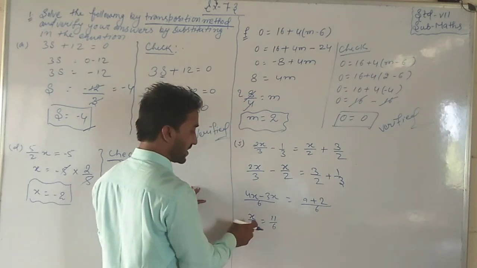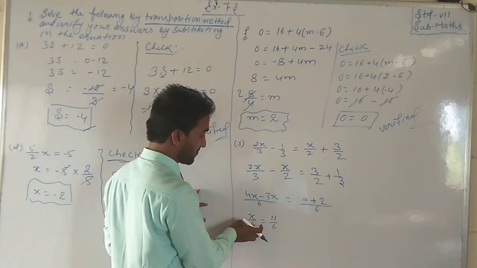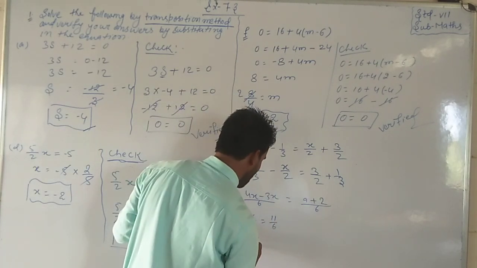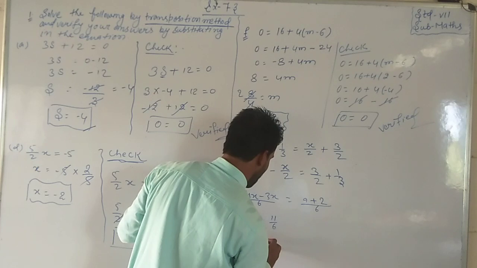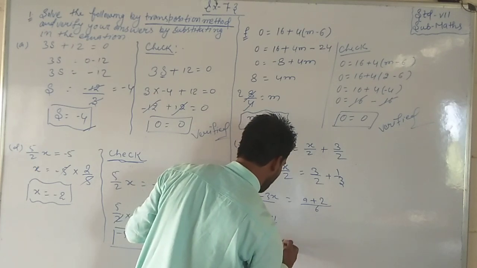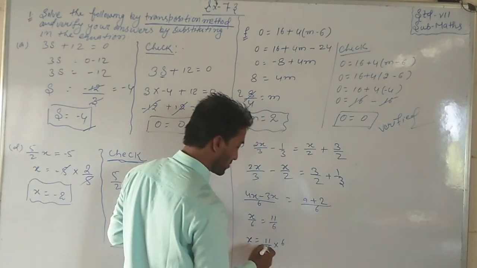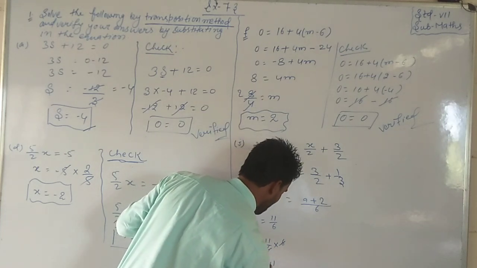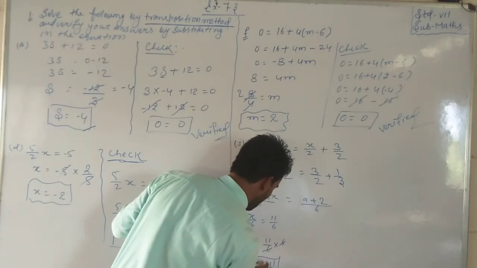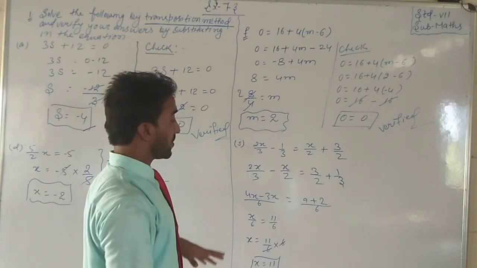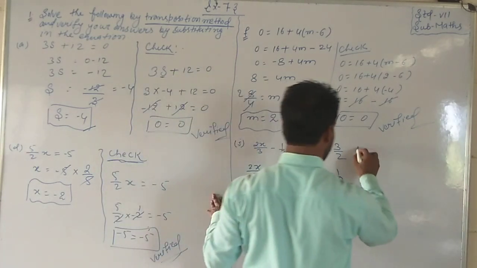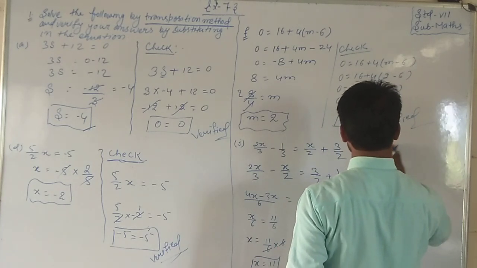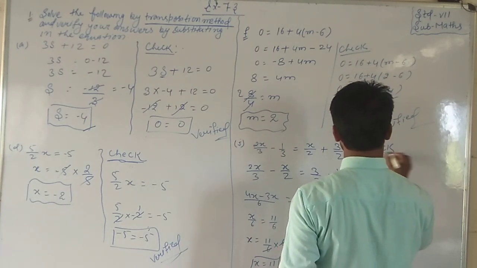Students, we can see here x by 6 is in division. If this 6 is in division, when it is transposed to that side, what will happen? x is equal to 11 by 6 into 6. So this 6 will be cancelled. It means x is equal to 11. x is equal to 11. How will it be checked? You can check, students, whether the answer we have found is right or wrong.